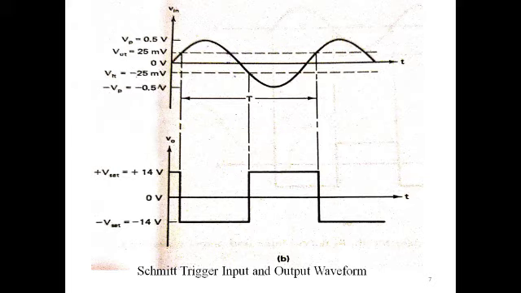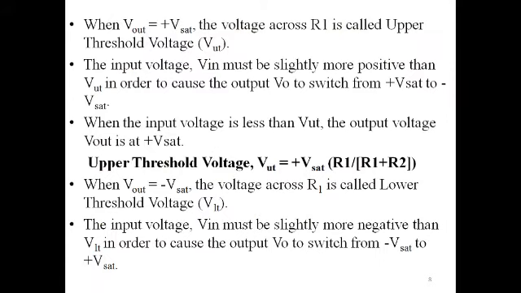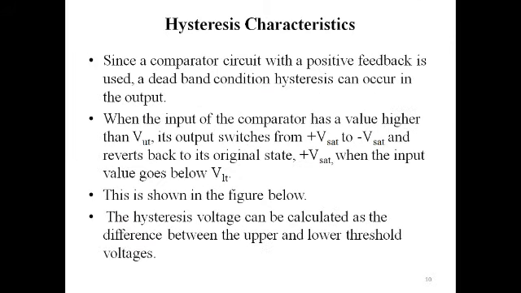If the upper threshold voltage as well as the lower threshold voltage are made larger than the input noise voltages, then the positive feedback will eliminate the false output transition. Therefore, we select the series resistance connected to the input as R1 in parallel with R2, to minimize offset problems. Okay, this is regarding the Schmitt trigger.